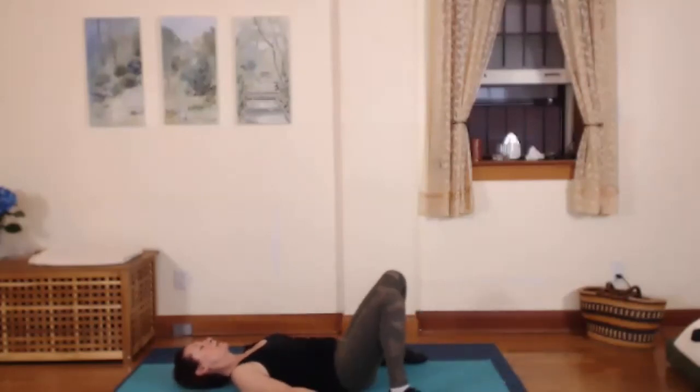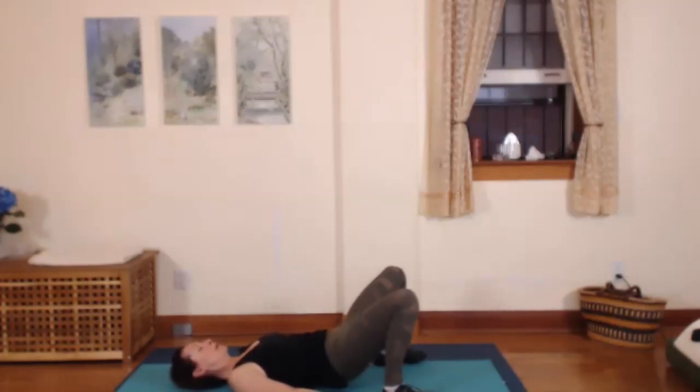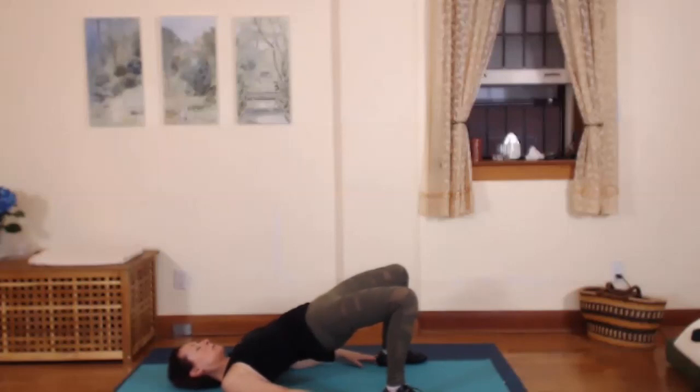And we'll put the feet down on the sides of the mat again. So make sure you're centered on your mat. So your knees are bent, feet are wide. Let's roll up into a wide bridge here. So lifting the hips up,